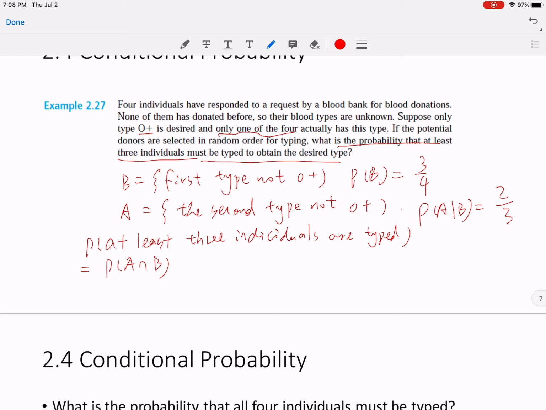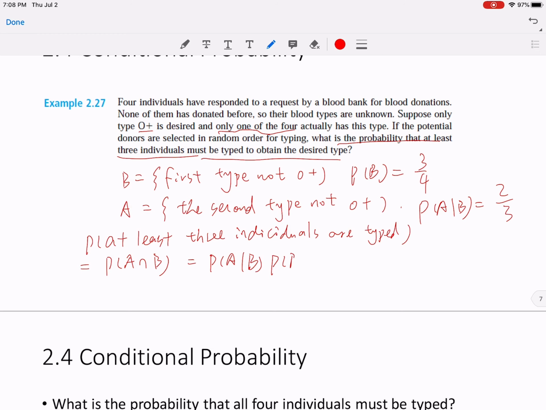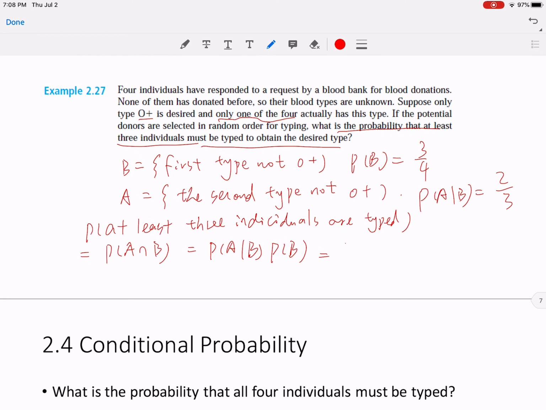Of course, based on the formula we just went over, the probability of A intersection B is the probability of A given B times the probability of B. So the probability of A given B is 2 over 3 times the probability of B, 3 over 4, which is